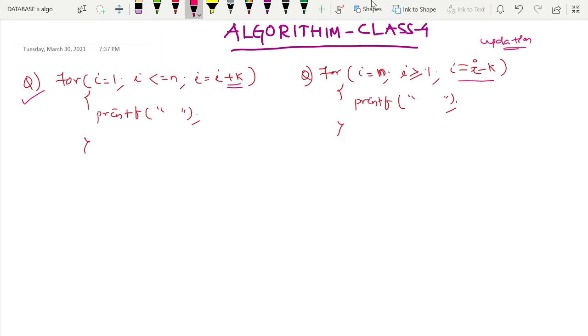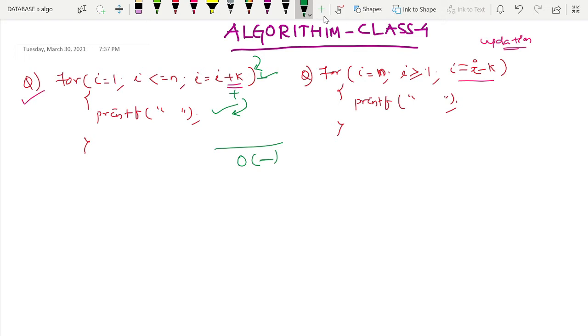So what we are basically finding is the number of times the statements are getting executed, right? This is one of the statements, this is another statement. So for time complexity, we are finding how many number of times this loop is getting executed, so that this also gets executed the same number of times. At last we are adding these two to find out how many number of times those two statements are getting executed. That is actually the definition of time complexity. How much CPU time the algorithm takes, that is time complexity. So this is how we are finding out the time complexity of an algorithm.